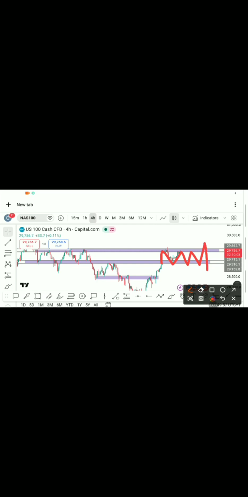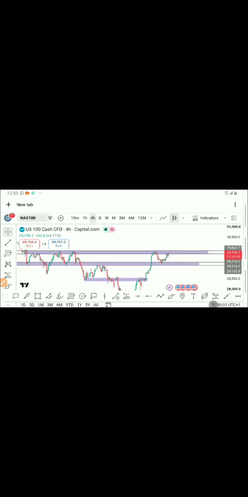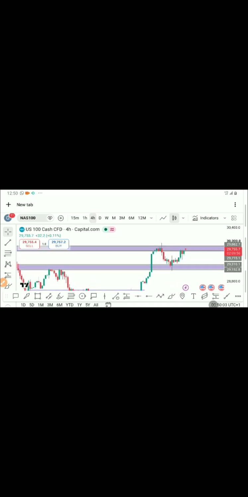But anyways, what I'm waiting for, because I'm bullish going into next week, or possibly we might first of all get a bearish move. What I mean is that we first of all get this bearish move here, right, before we buy. But if you want to be conservative, I would advise you wait. If you don't know how to trade within this zone, because this is a range now,